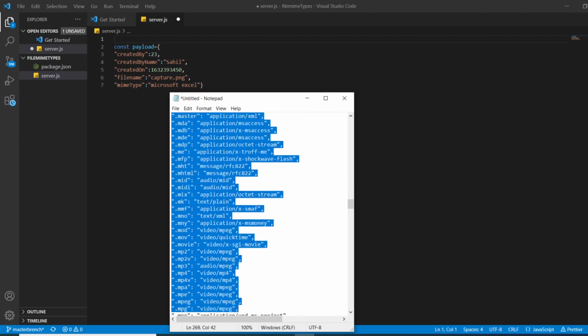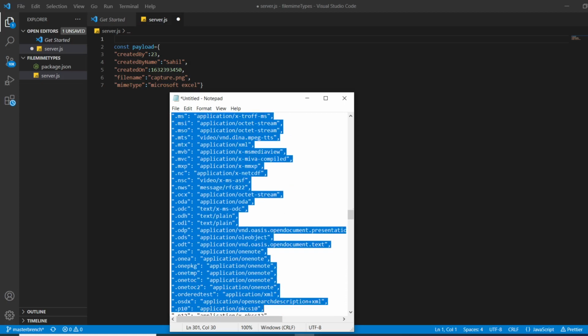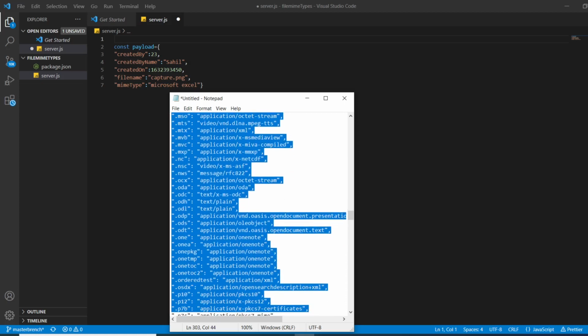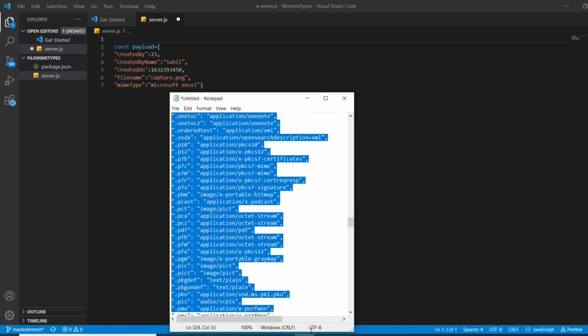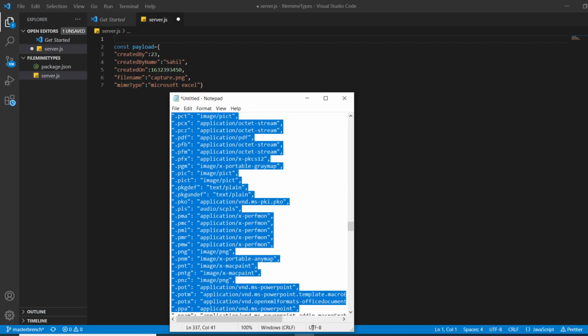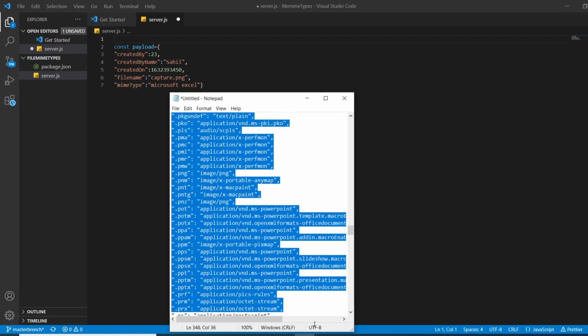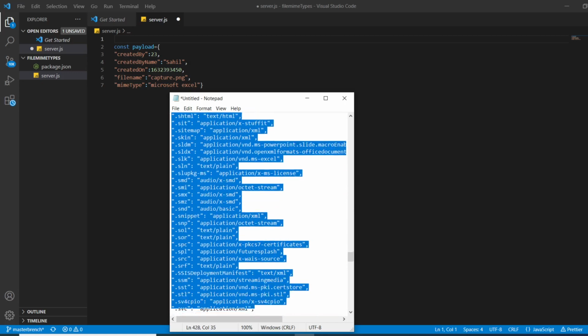Actually, guys, a few keys are not working on my keyboard. Otherwise, if all the keys were working, I would have pressed shift plus home and it would have already copied everything. But, sad.